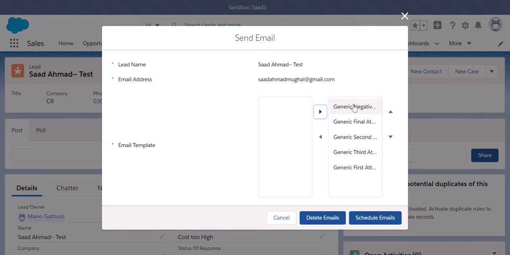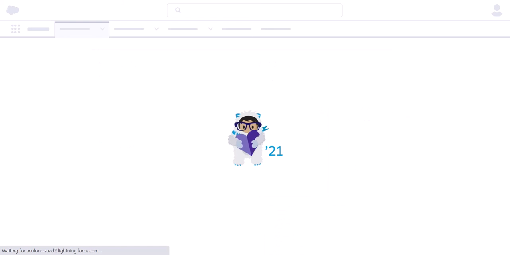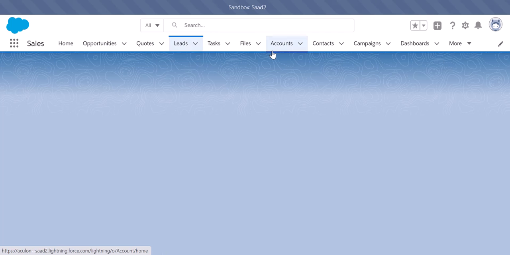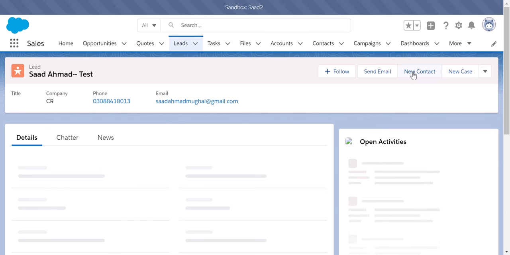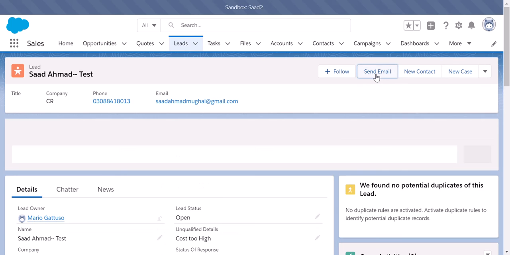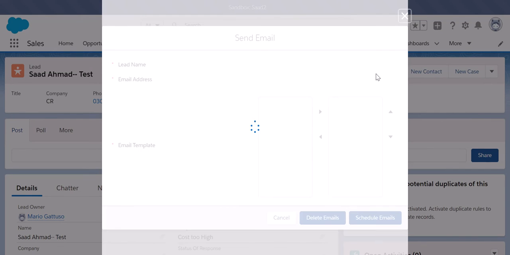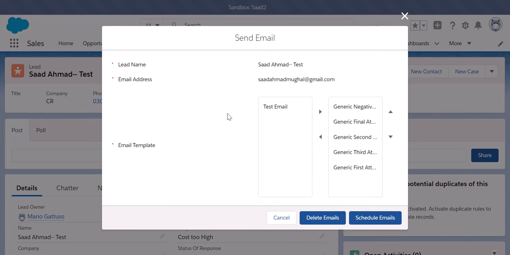I go back. For now, you can see there are only 5 email templates present. So let me refresh it. So now you can see a new email template has been added in the selection.